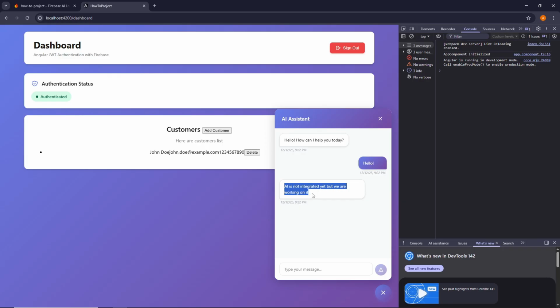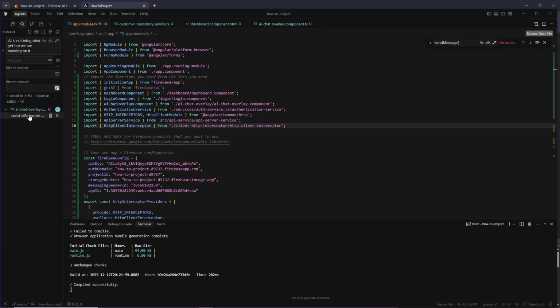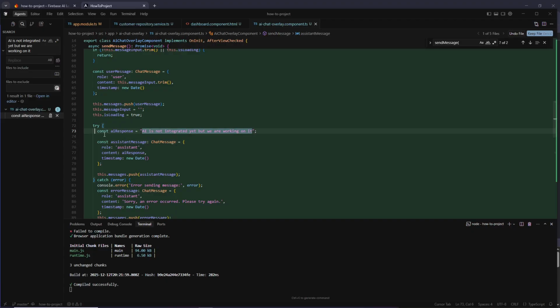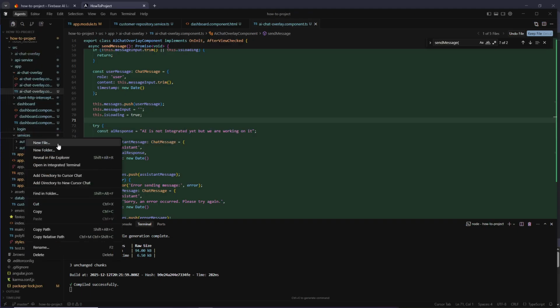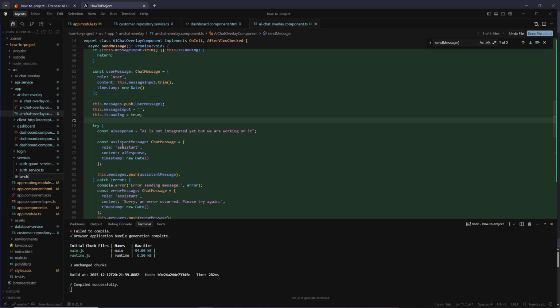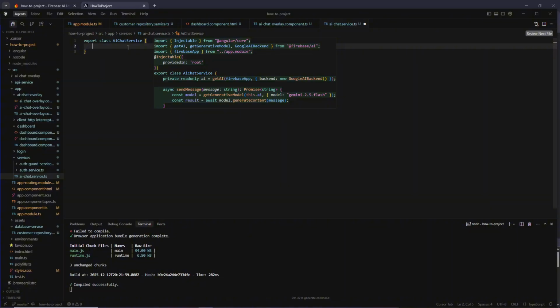So I will copy this just to show you where this is. So we search for it, and that's it. Here we will contact, this is an AI response. So we will contact here, send the message to AI with the service. So let's go into the creation of the services, new file, AI chat service. Then export AI chat service, and we do like